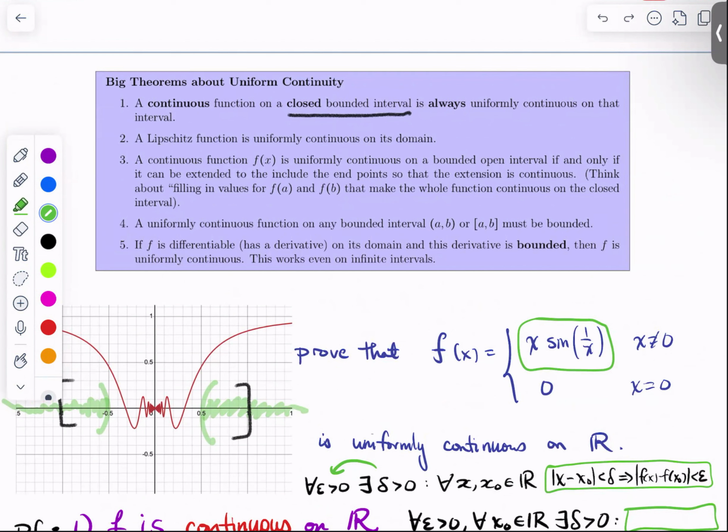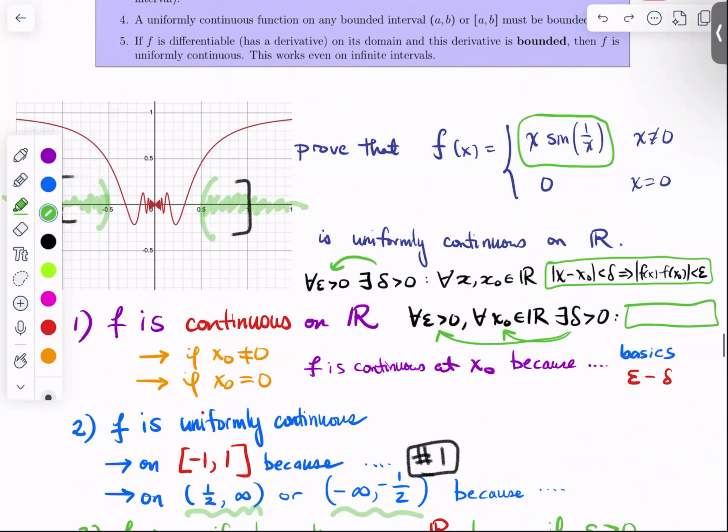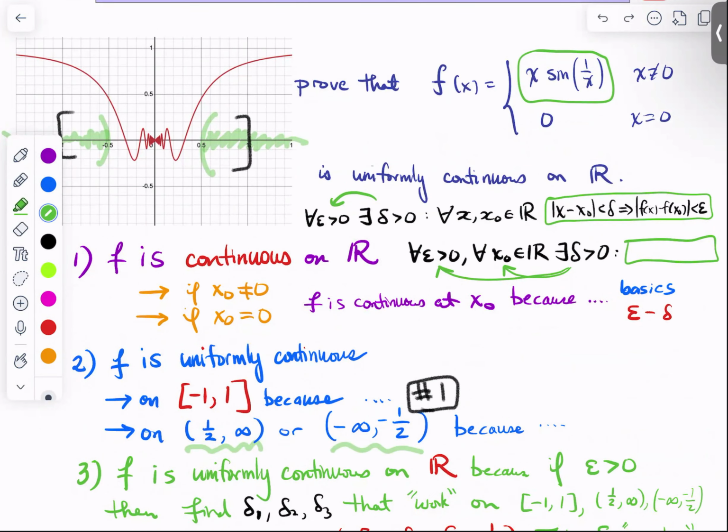And so if you have a function that's differentiable and the derivative is bounded, then our function is going to be uniformly continuous. Now this works even on infinite intervals. And so what we're saying is that no matter what epsilon you chose, there is going to be a delta that works on the entire infinite interval for the green on the right and also the green on the left. So now what we've done by using these two powerful theorems, which I'll indicate, I guess, with number 1 and number 5,